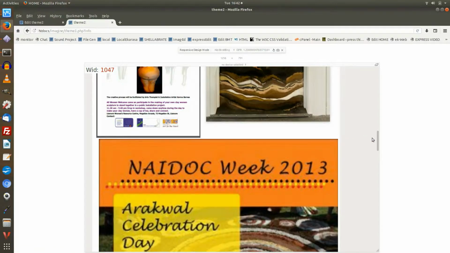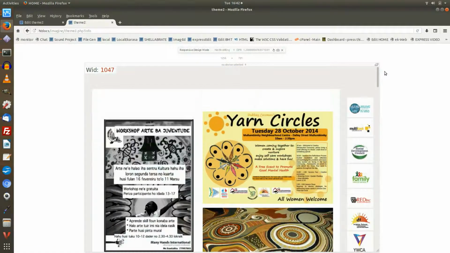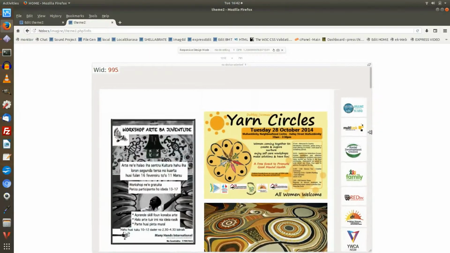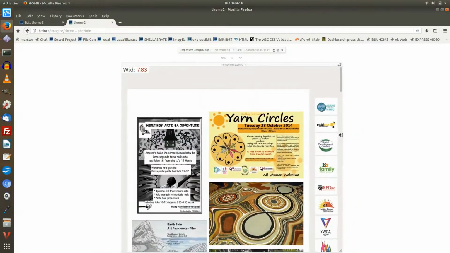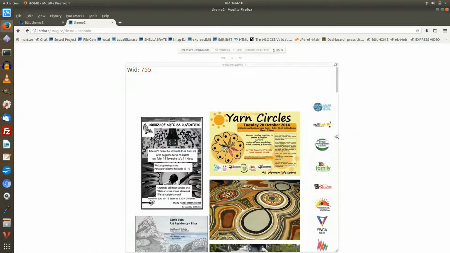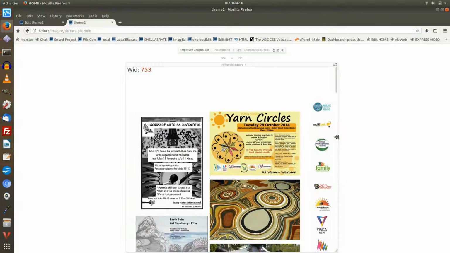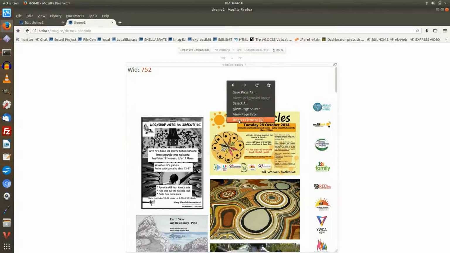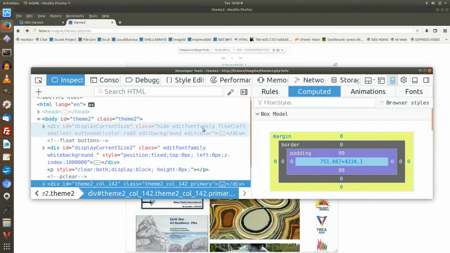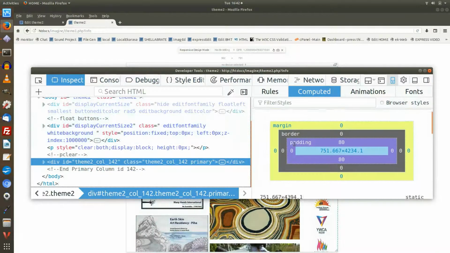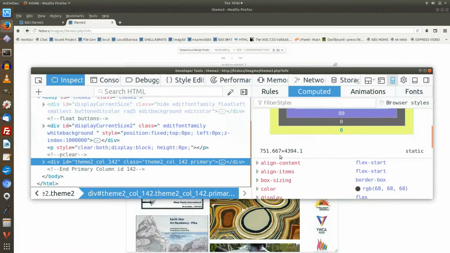And we can get a better idea of how this is working by examining our actual widths that we've chosen versus the settings we've made. So we'll bring the viewer's viewport size down just before the advertisement column breaks to a new row. We've set our primary column to display flex. We've set the flex wrap to wrap. Looking in the inspector, we see that the primary column has 752 px available for row sharing for the flex